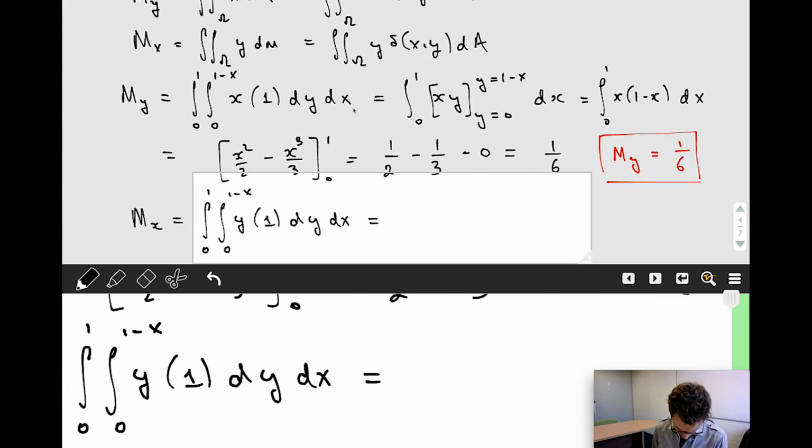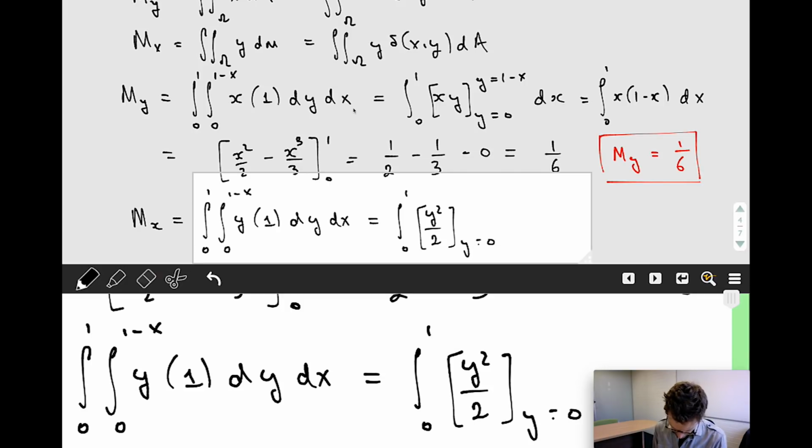And we're going to get the integral from 0 to 1. Integral over y is going to give me y squared over 2, from y is equal to 0 to y is equal to 1 minus x